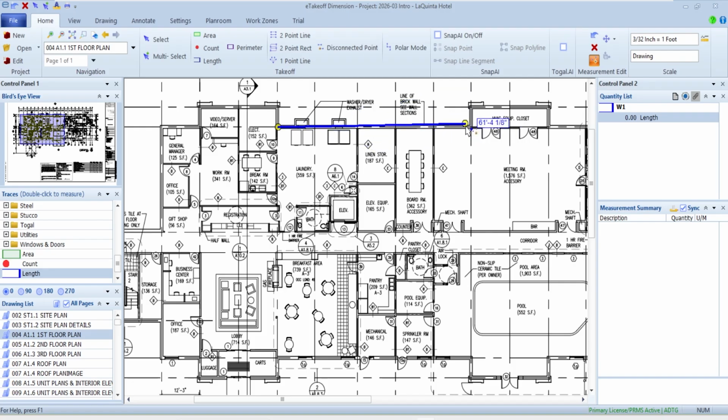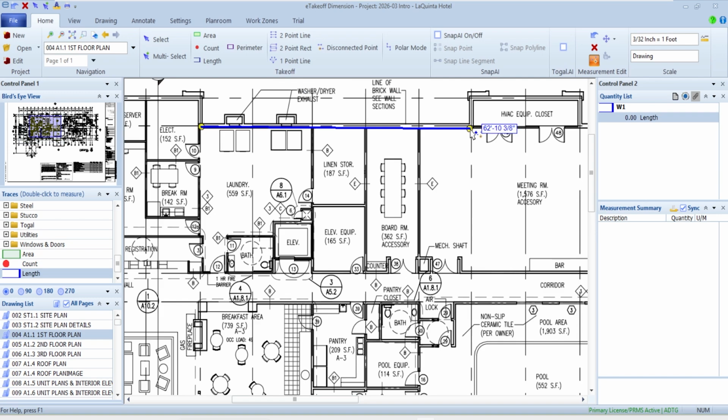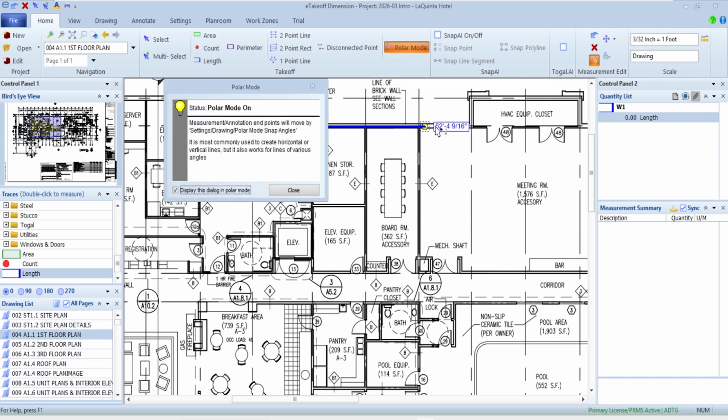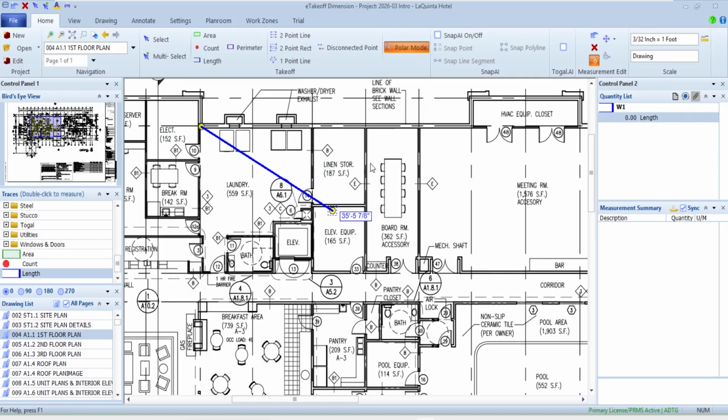So, trying to hone in on a particular point where maybe I've got to zoom in quite a bit, there is something called polar mode. If you notice, when I go up and down, it doesn't go up and down anymore until I get beyond, I don't remember what it is, like a 45 degree. And you can set how wide that is and so forth.